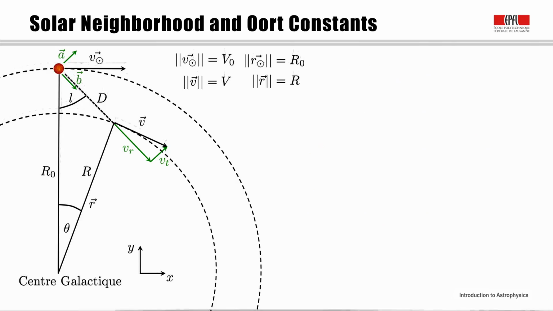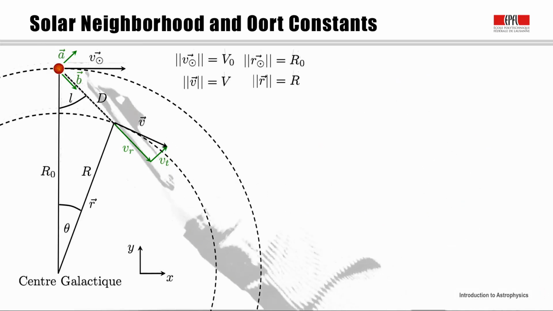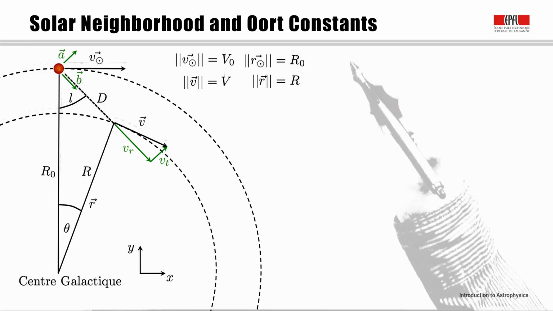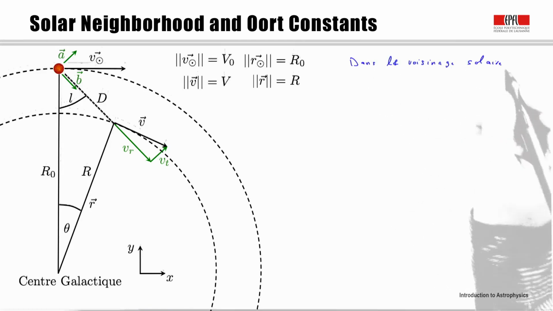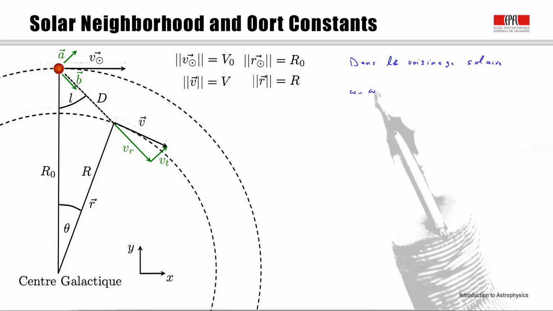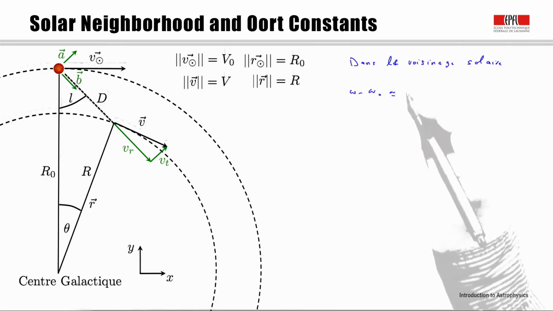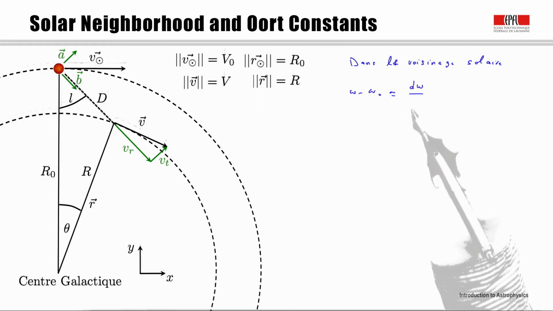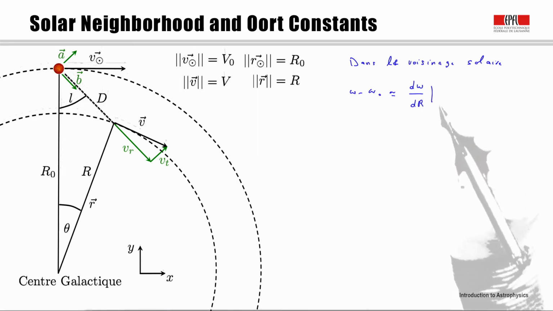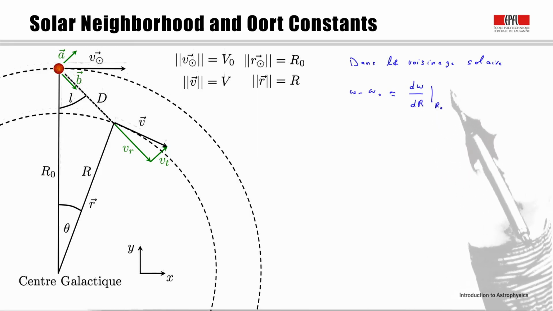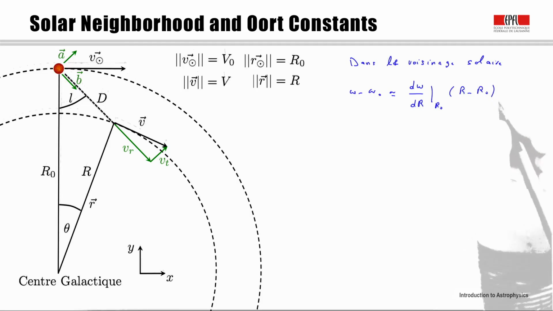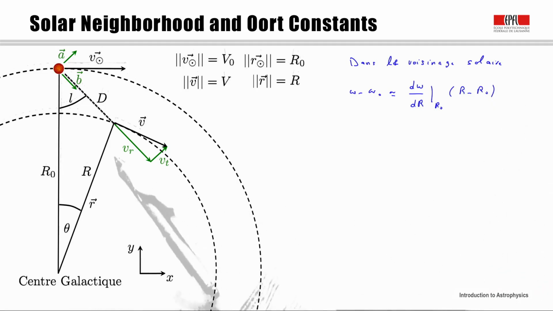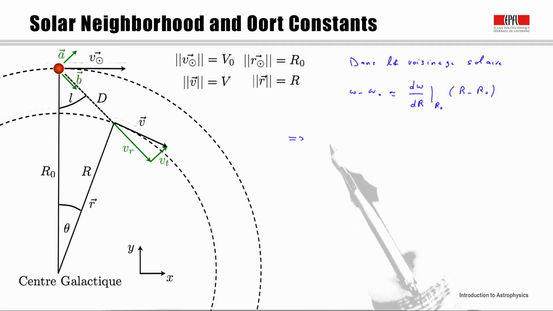It is not possible to see stars in every part of the Milky Way. In any case, better measurements are obtained for stars close to us. In the solar vicinity, Ω can be expressed using a limited Taylor series, giving Ω(r) = Ω0 + dΩ/dr at r0 times (r minus r0). This is the first-order Taylor expansion around the point r0. So for r close to r0, in other words, when the stars are relatively near the Sun, replacing this into the expression for the radial velocity,